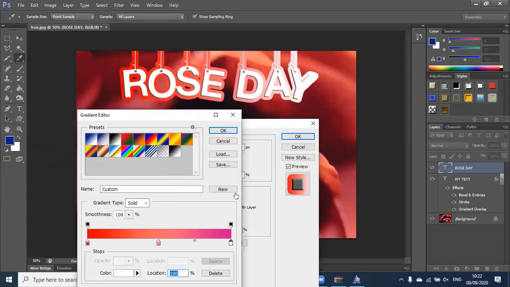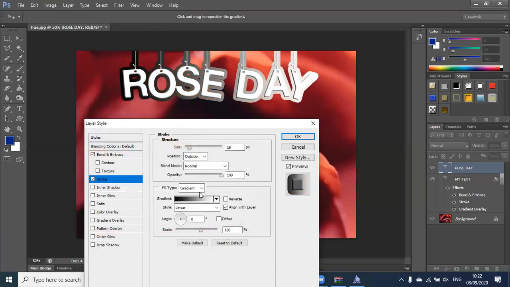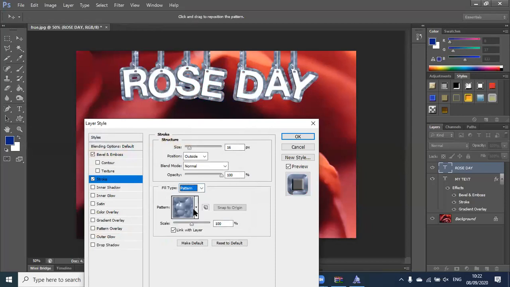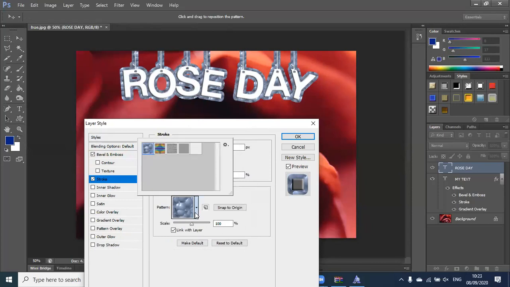Okay, so that is how the gradient editor works. Again, if I don't like any gradients, I want to pick something online, feel free to do that. Search for gradients download, and you'll get another package of gradients which you can use, and that will be really good. So that is about gradients. Apart from that, you have patterns. So, you want to fill it up with a certain pattern. So here are a few patterns you can use.